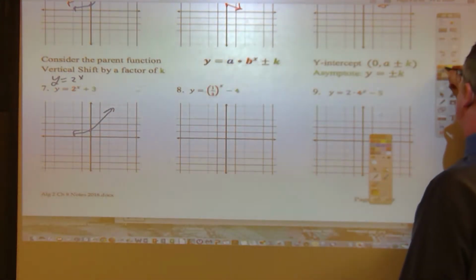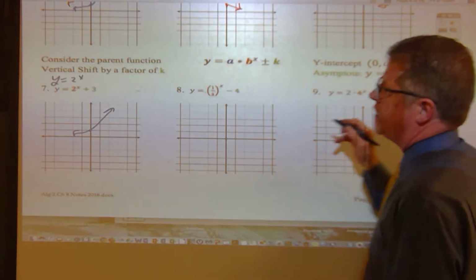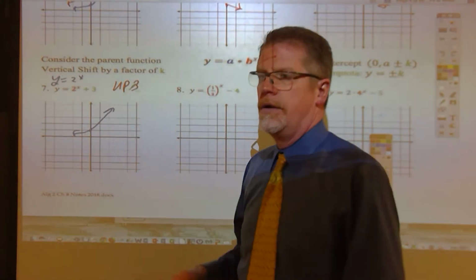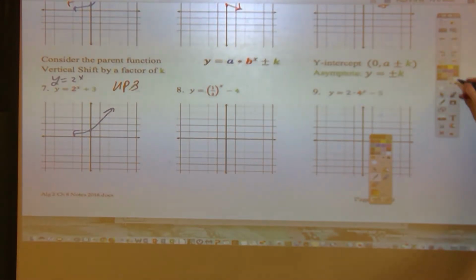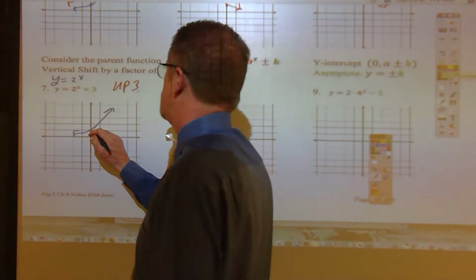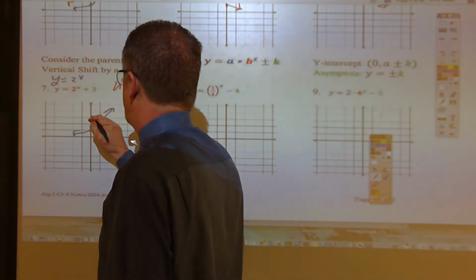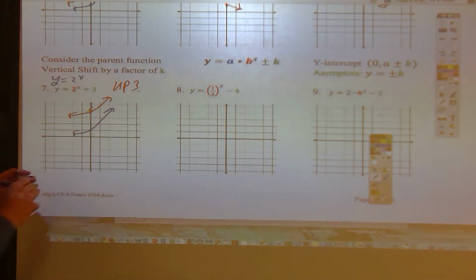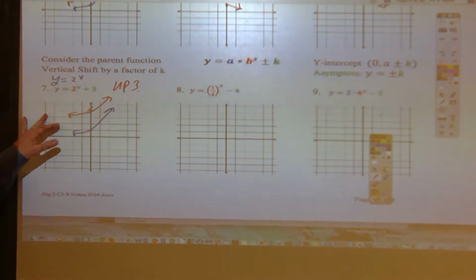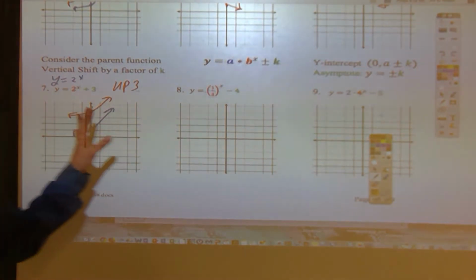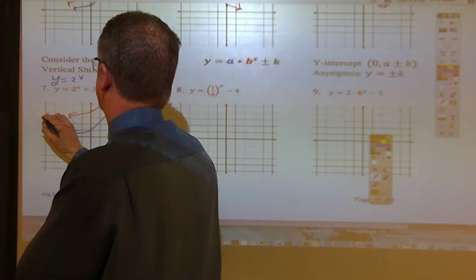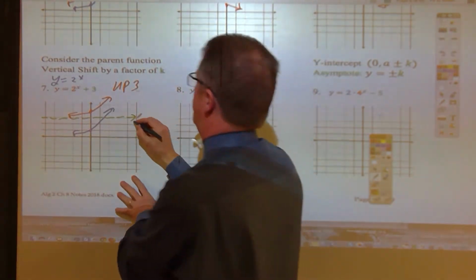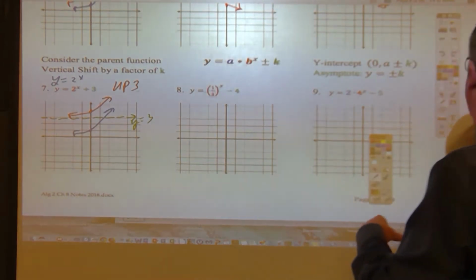And then I'm going to ask that you show me what's going on in your mind in terms of shifting. Would you agree that we're going to take the blue parent graph and go up 3? Is that how you're interpreting that equation? Well, then would you please just write up 3 and then take the blue curve and move it up 1, 2, 3, so now we're up to 4. But can someone explain to me why this graph is not a full credit graph? It doesn't have the asymptote. So put the asymptote. Remember, asymptotes of child graphs are sensitive to up-down shifts,